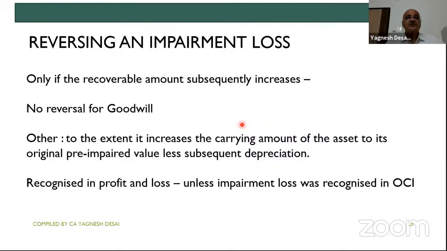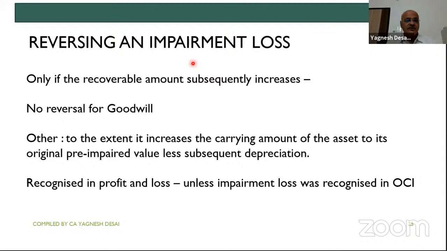Yes, because it was done on the revised carrying amount. So I have to presume 1 lakh, 1 lakh, 1 lakh. My carrying value should have been 7 lakhs now, whereas actually it is 7 lakhs minus 2 lakhs 10,000, so it is reduced to about 4 lakhs 90,000. So from 4 lakhs 90,000 up to 7 lakhs, you can recognize your reversal of impairment losses. All right. Now,